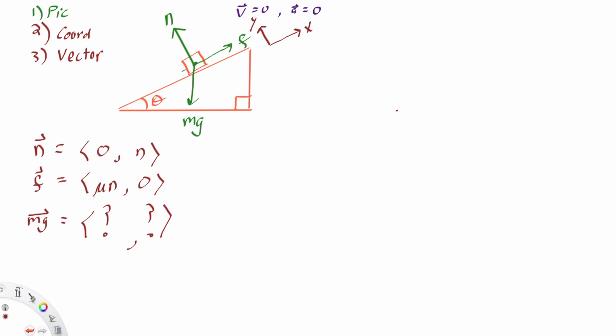So just out of curiosity, how did you guys start to attack this problem? Well, if you think about it, he didn't really give us any coordinates. Cosine theta, and then for the y, it would be negative mg sine theta. That's what I was thinking too. You're so close. Does that make sense? You saw I got that? Yeah, there's that triangle there, but I also see what he was saying with having to do with the normal force and the friction, because the friction is our x, right? Correct. Yeah. So if our friction is our x,